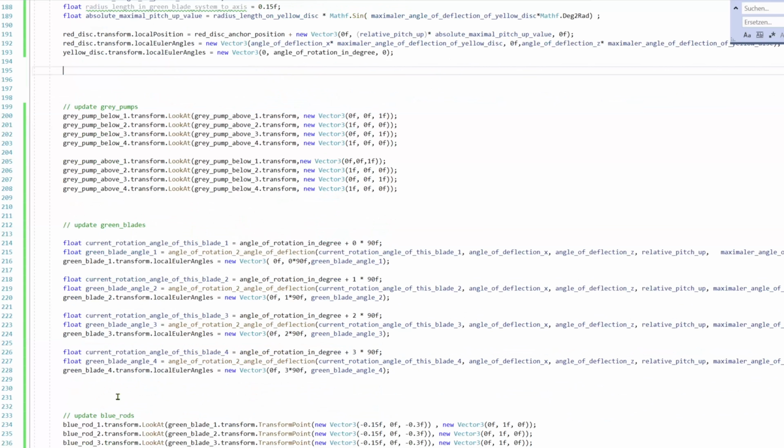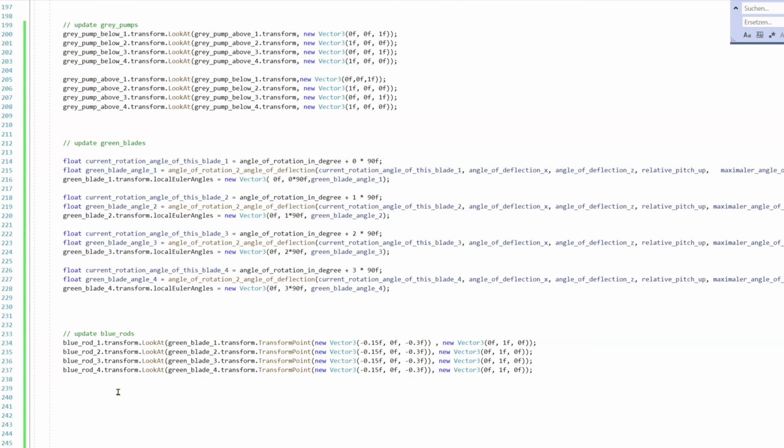I have created one blade and I just create 3 additional instances of this specific blade and position them. The interesting part here is that I like to have the blue rods, and I position those, and then I use a LookAt function to orient those rods. I do not have a specific target object, but the target I'm looking for is within the green blade.